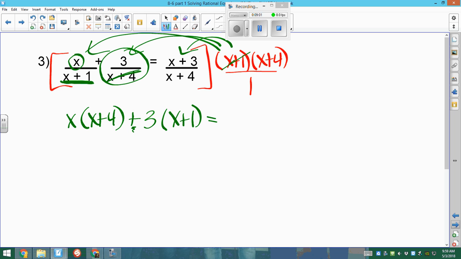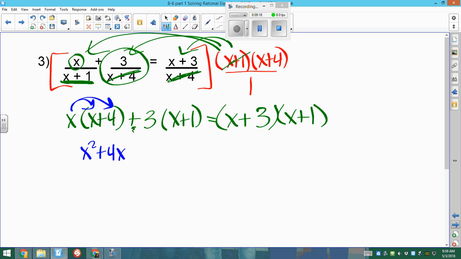On the other side, the x plus 4 is going to cancel, and we're left with x plus 3. Oh, and the x plus 1. Oops, almost forgot. So this looks pretty intimidating right now, but just start simplifying. I'm going to distribute x squared plus 4x. Distribute 3x plus 3. On the other side, I'll have to FOIL: x squared, 1x,